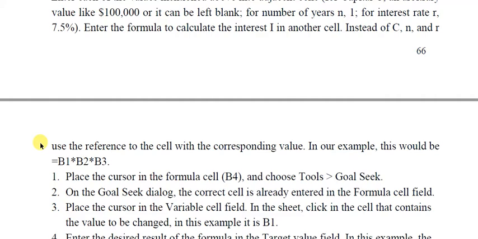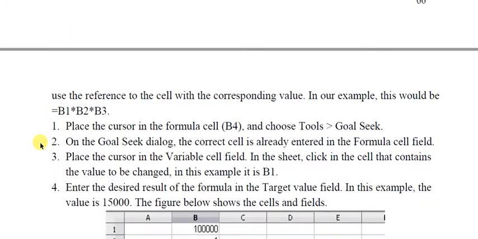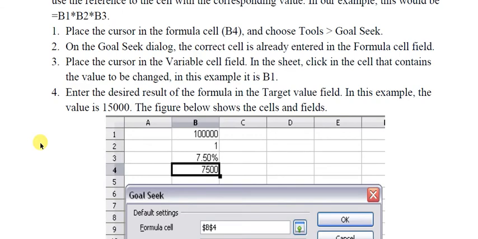You know how to reference a cell. Here suppose the cell names are B1, B2 and B3. So the interest amount will be B1 into B2 into B3. So this is the example. You can have this particular amount here if you want to. Then you have 1 as the year, 7.50% as the interest rate, and then in the fourth one,